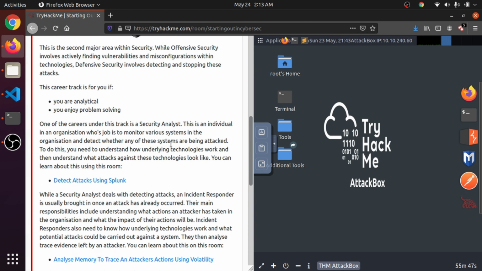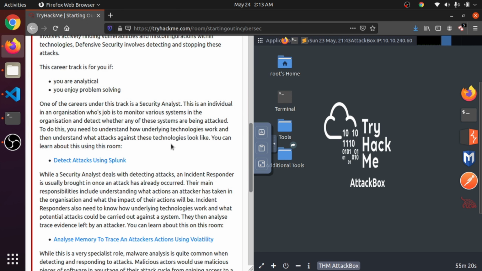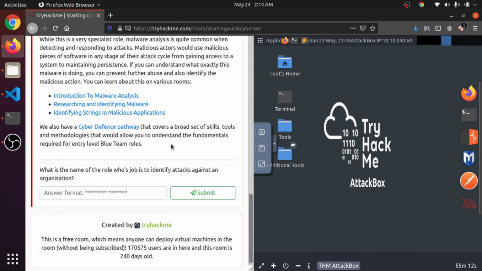So commonly what they are going to say here is about defensive security. Before, we saw that offensive security means we attack their company and find the bugs. Similarly, other hackers will also attack their sites. So they need to defend their sites, for example by using firewalls, and they need to patch their bugs beforehand. That is called defensive security. Mostly this post is called a security analyst. They will find what kind of security vulnerabilities are in their sites and patch them. So we'll see the question here.